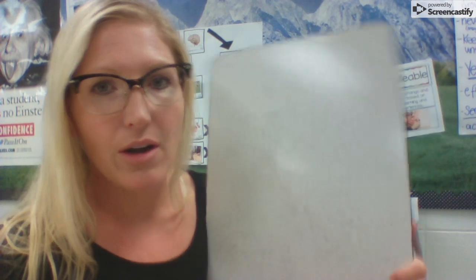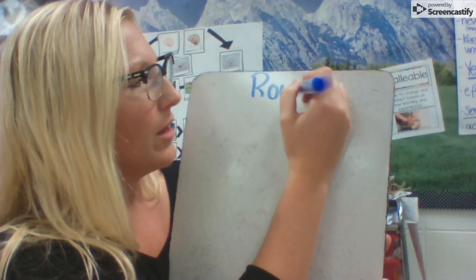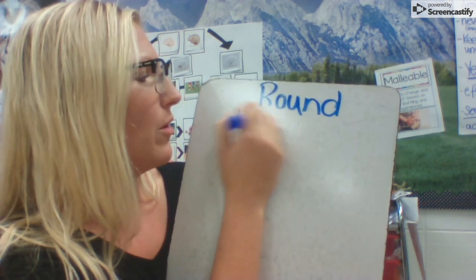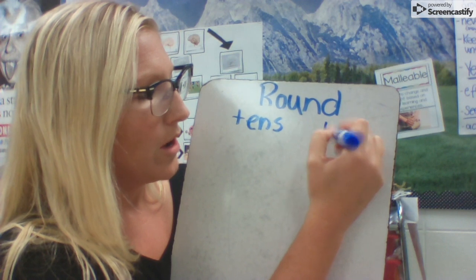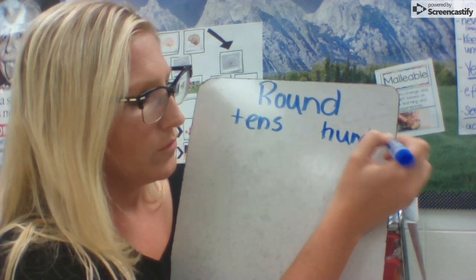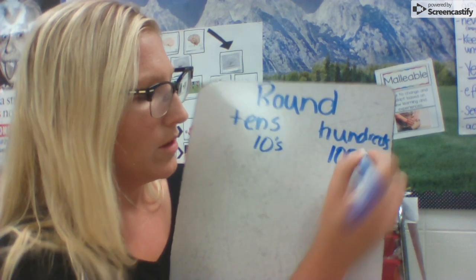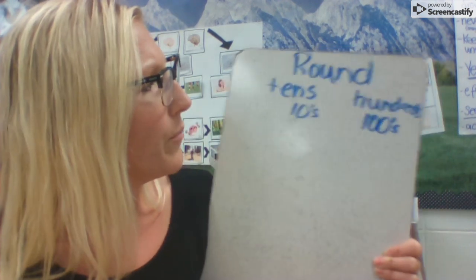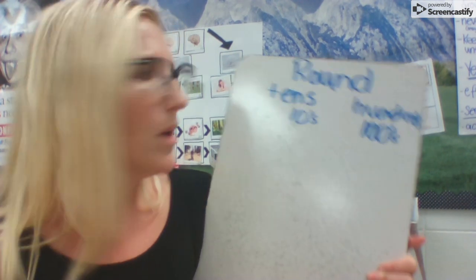Okay, now we are back and we are going to start our rounding. So when we round, in third grade, our focus is largely going to be on rounding to the nearest tens or the nearest hundreds. So tens or hundreds. But we can round up to the millions place, the billions place, the trillions place. We can,